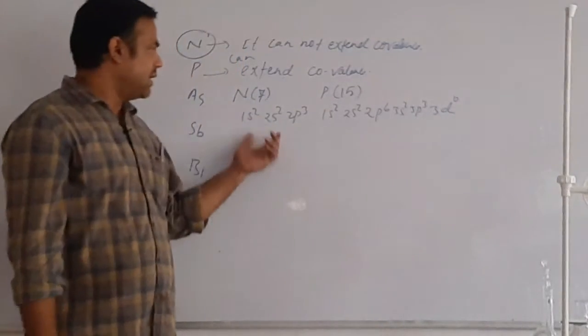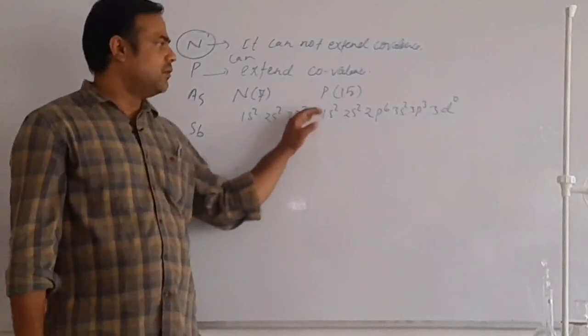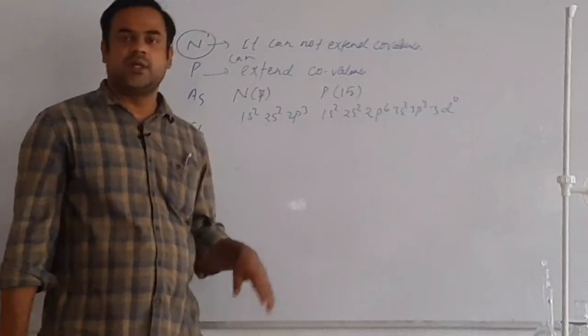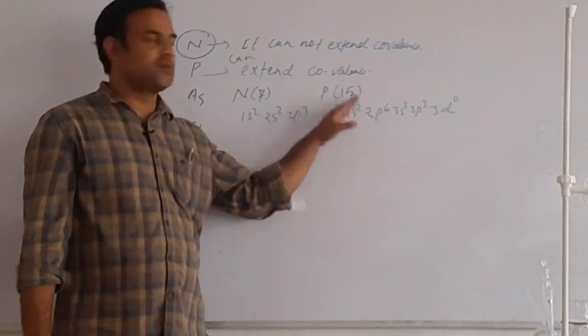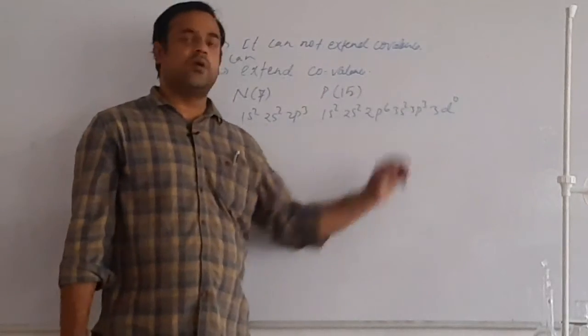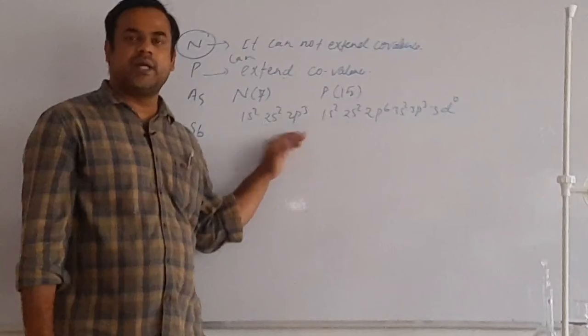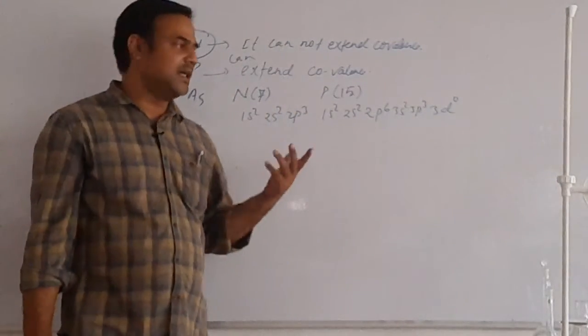यानी इसके पास एक्स्ट्रा गेस्ट रूम नहीं है, phosphorus के पास guest room है. This d orbital is the guest room of this phosphorus. So when unexpectedly more guests come, in the case of phosphorus, it can accommodate them in the d orbital. Nitrogen having no guest room cannot accommodate; it can accommodate only a limited number of guests. Why I am using this term guest, we will see.